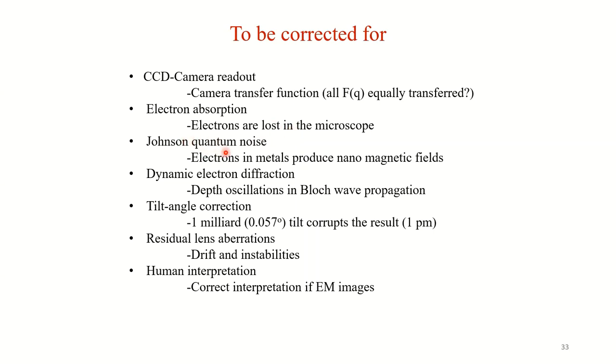Then you have Johnson quantum noise. This concept is very important. Here, electrons are passing through metal tubes, so electrons are basically surrounded by metals. And metals have mobile electrons. From Maxwell's equations, if you have rotating currents, then you have a magnetic field. So these nanomagnetic fields just deviate those electrons in the beam